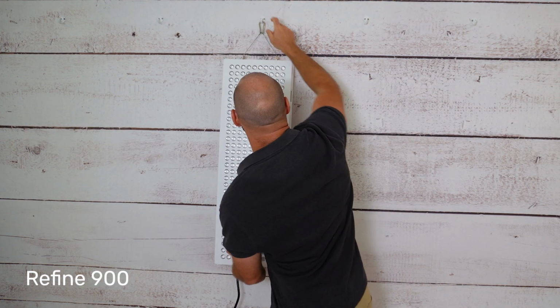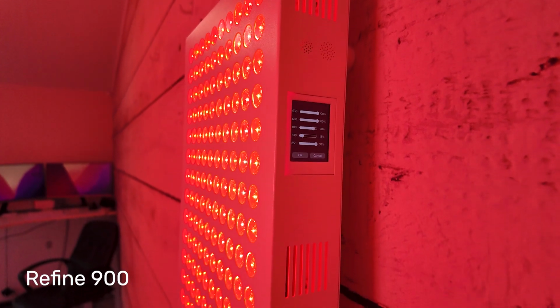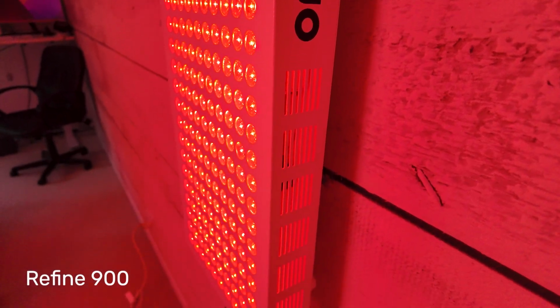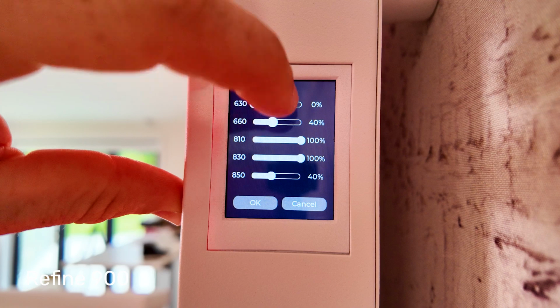Now you may be thinking, well, why would I want to do this? Well, there are actually quite a few reasons. For instance, a lot of people don't want a lot of high energy near-infrared light on their skin for potential photo aging downside risks. But they still may want a lot of red light and even a little bit more of 810 than say 850. So with the Rojo, you can go through and customize these blends while leaving the 810 up at say 30% and dropping the 830 and the 850 down to say